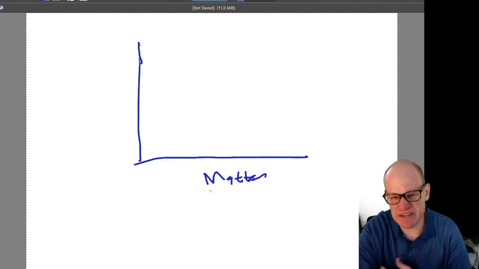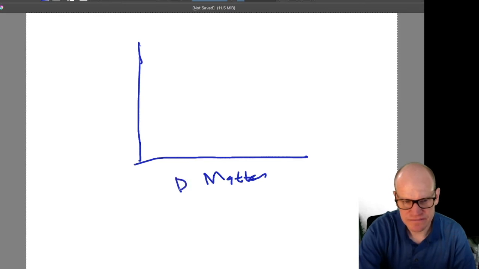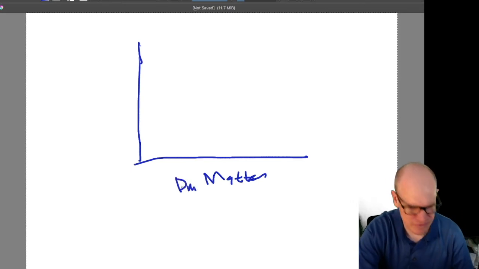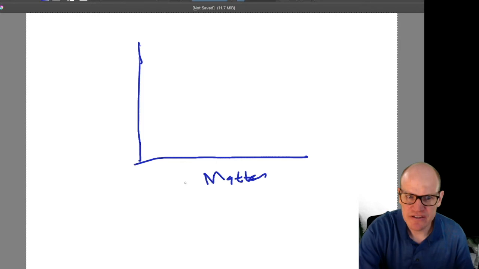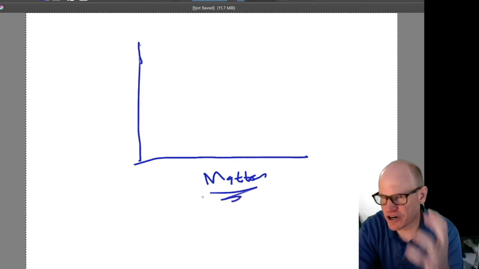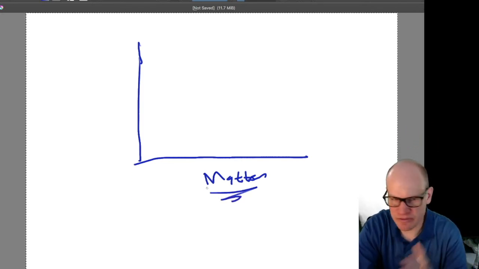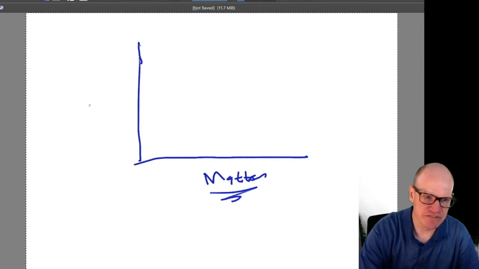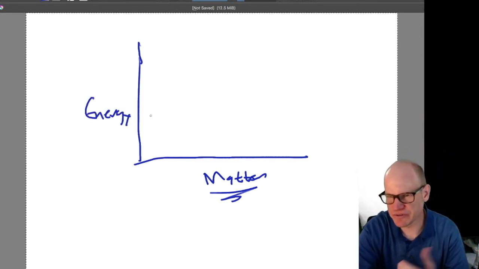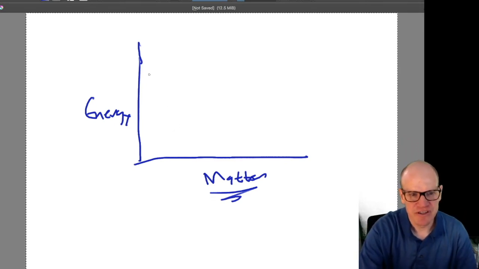It's mostly dark matter, but this matter is dark matter and regular matter. And then you also have just energy. This is dark energy, which we haven't talked about the discovery of, but this is just energy. If these things sum to the critical density,